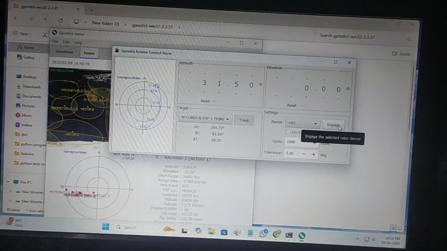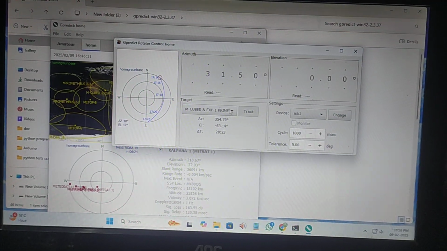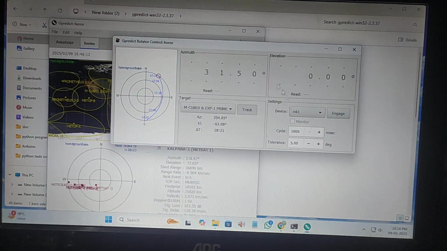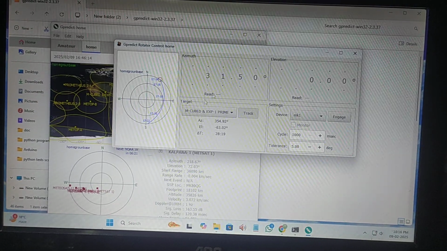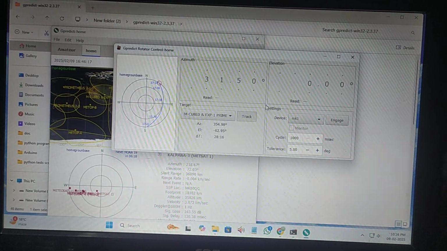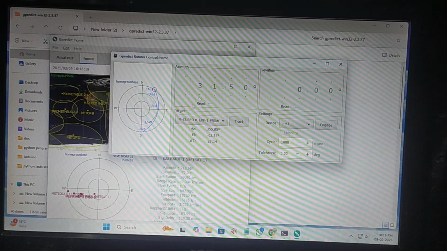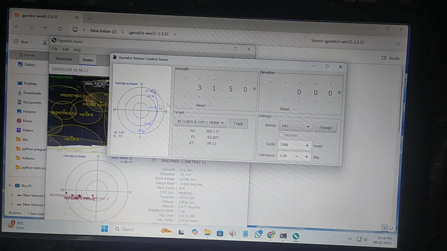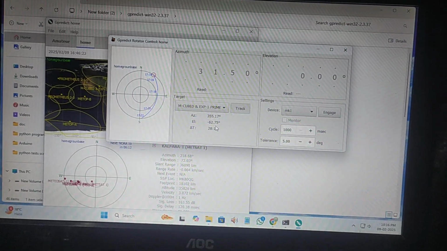Next video will be the demonstration of this whole system in working position, or I will do a demo outside, showing the current situation with the tracker. So until then,